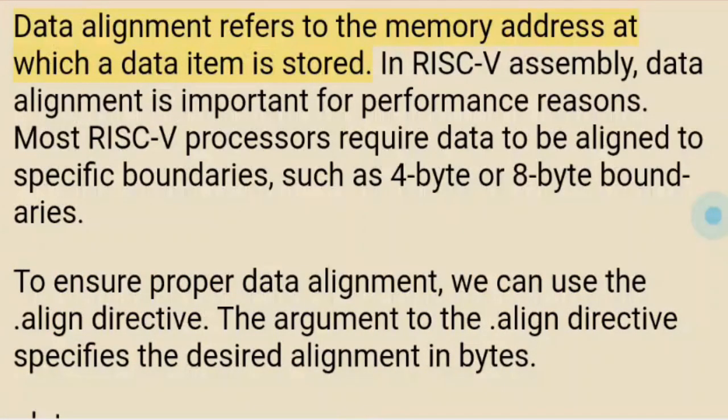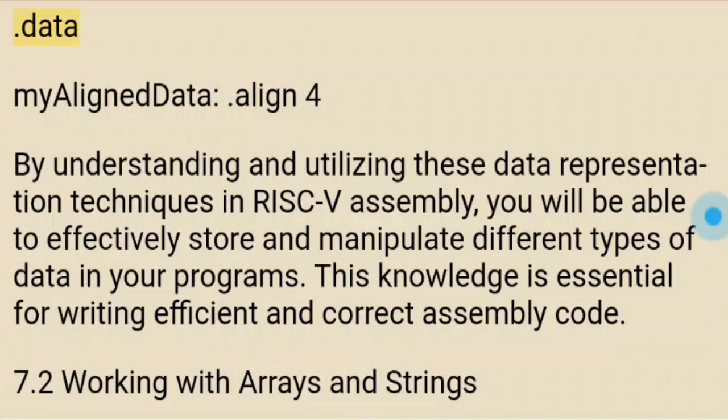Data alignment. Data alignment refers to the memory address at which a data item is stored. In RISC-V assembly, data alignment is important for performance reasons. Most RISC-V processors require data to be aligned to specific boundaries, such as 4-byte or 8-byte boundaries. To ensure proper data alignment, we can use the .align directive. The argument to the align directive specifies the desired alignment. .data myAlignedData: .align 4